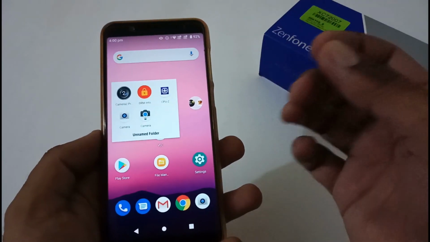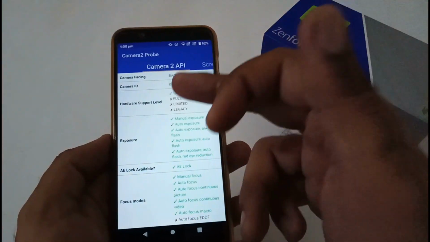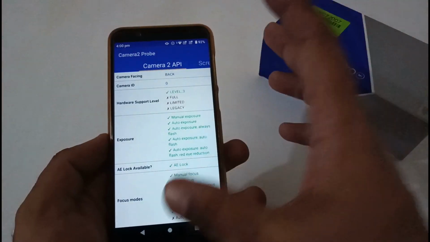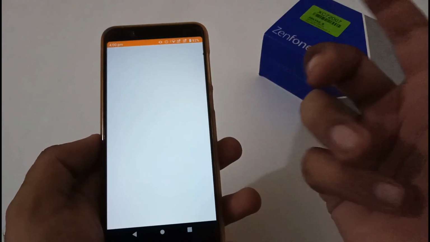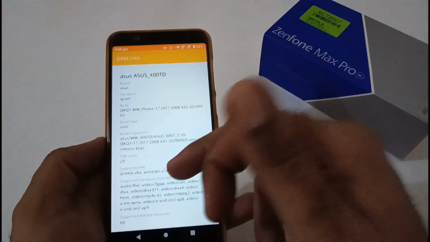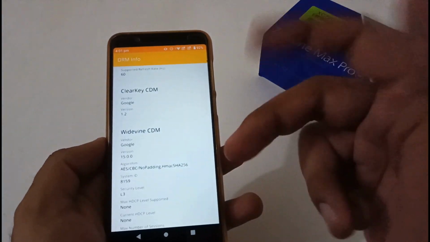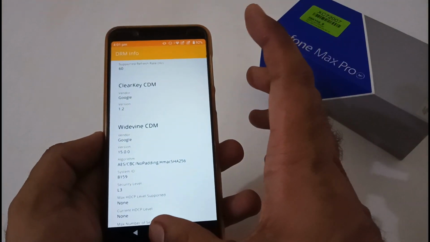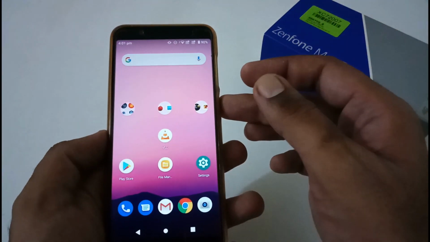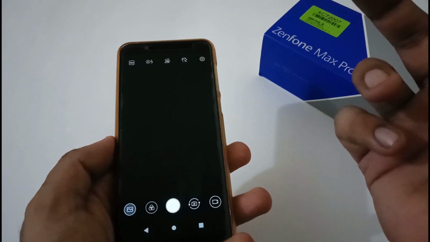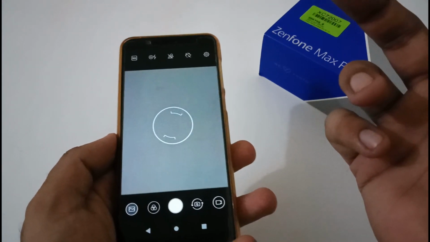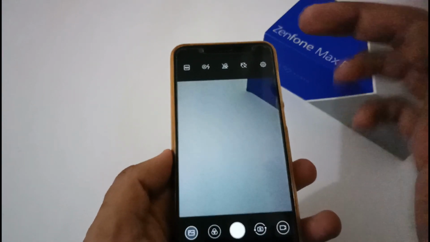Now, the status of Camera2 API. It's good news that level 3 support is provided after installing this particular update. Apart from this, Widevine certification, bummer at my side, it is still L3 and it has been persisting since the time I installed that Android 10 beta version. And aside from that, the stock camera is working absolutely fine. There is no problem with that whatsoever. It was the same in the previous version.